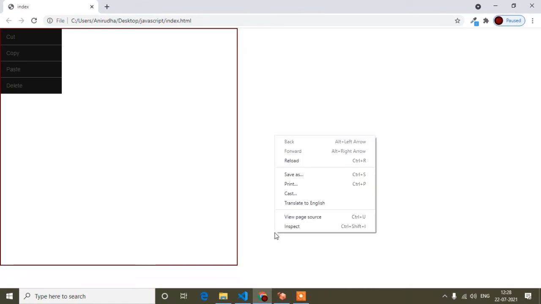Okay, but guys, the one problem is that where I right click, in that particular position the menu should open, right? In the outside area, for showing purposes I did the same thing on the whole page. If I click outside of this area, where I'm clicking, the custom menu is opening at that particular position. Suppose if I click here, you can see the custom menu is opening in that particular position. But in our case it's not happening. If I refresh and click, the menu is opening from the top and left side. So that thing I have to do.